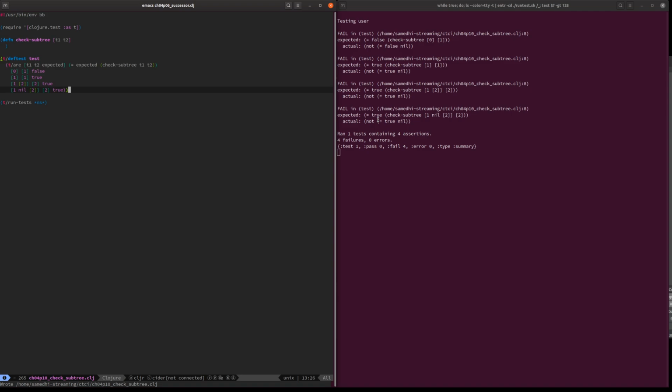Now they're using the word identical, and I don't know whether they mean literally identical as in the same reference in memory, or identical as in the same value. The two trees are identical in the sense that they are equal, they're the same tree, but maybe not actually the same data,